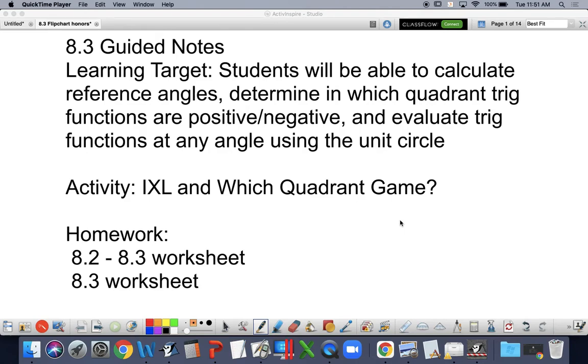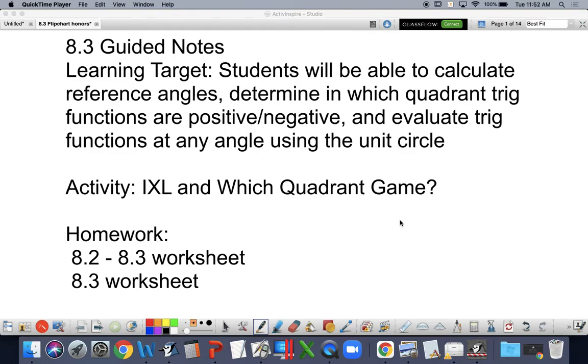All right, we have three different learning targets that are going to be part of this section. First is we're going to calculate reference angles, and we'll switch to IXL to practice those. Then we're going to determine in which quadrant trig functions are positive or negative. This is a common ACT question, a way to ask you a trig question without asking you too many details about trig. And we'll play a little game where you just hold up